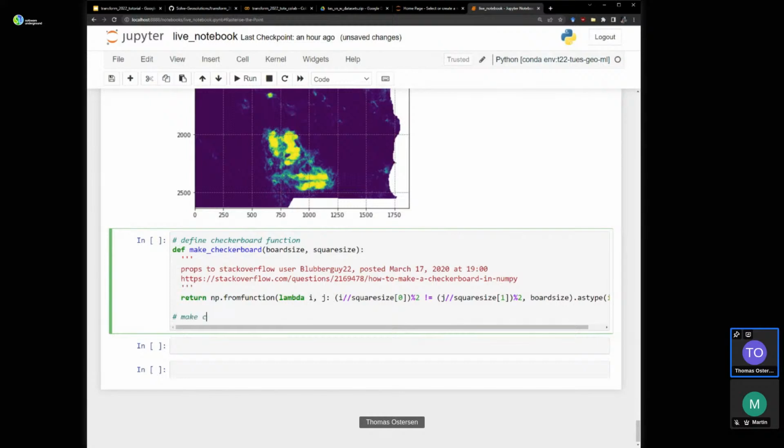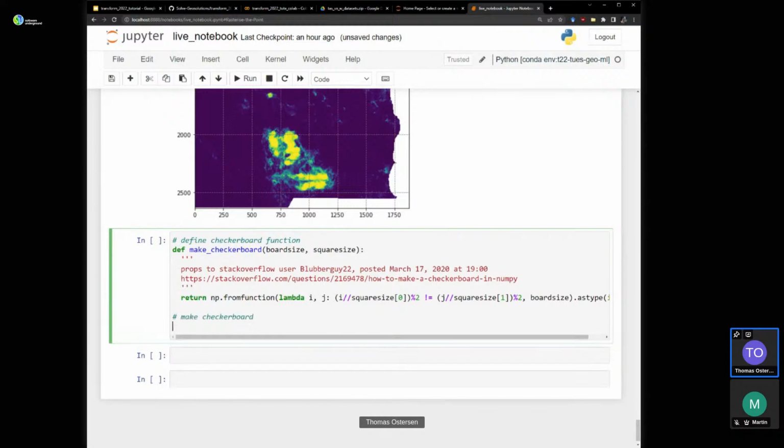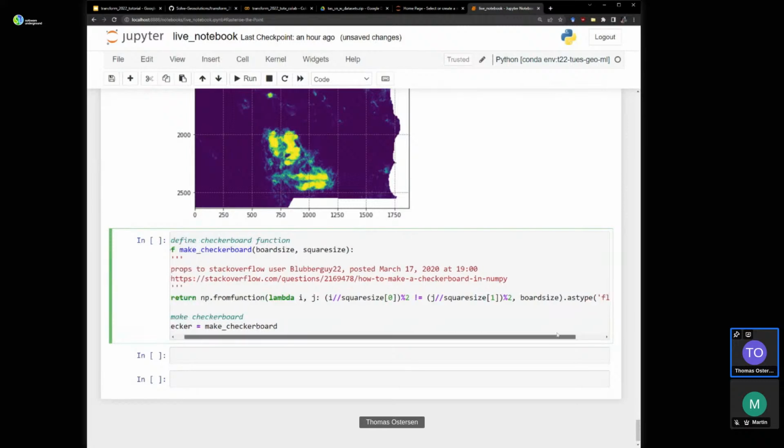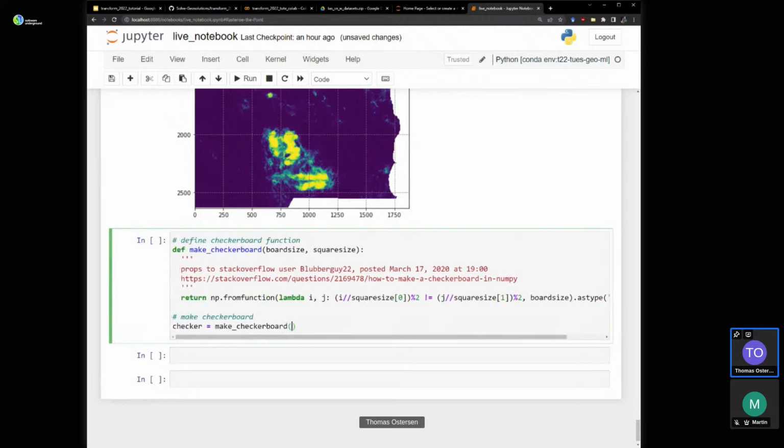So let's make a checkerboard pattern. We'll call it checker. We'll make the checkerboard. I need to just change the data type here to float32. The input board size is the shape of the no-data or the data band 1.